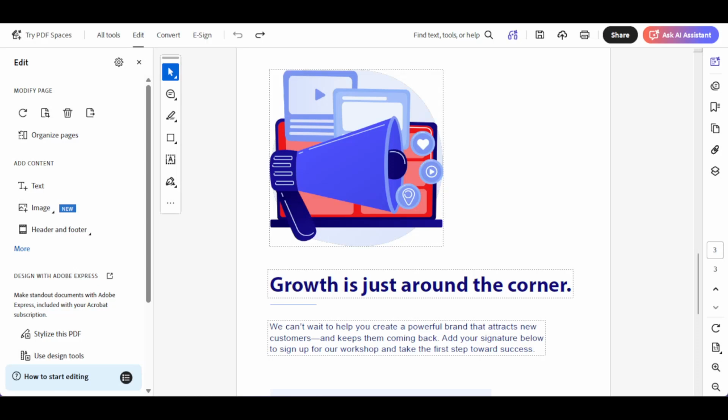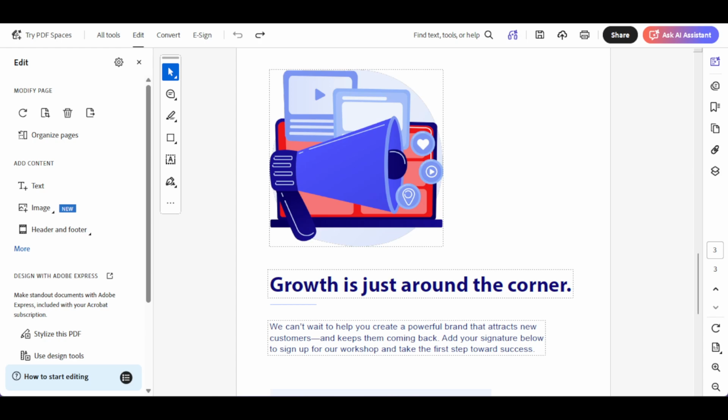In this video, I'll guide you through how to redo in Adobe Acrobat. Adobe Acrobat is an essential tool for working with PDF files, whether you're editing, reviewing, or just viewing. Knowing how to efficiently navigate through your action history can save you time and improve your workflow. Today, we're focusing on the redo function, which allows you to step forward through your action history after making an